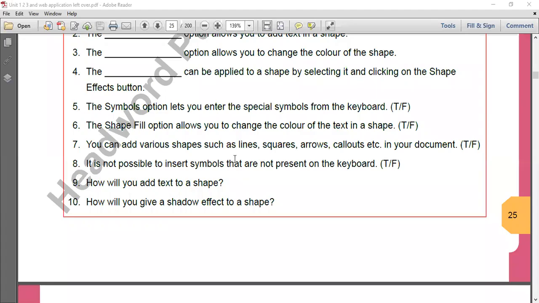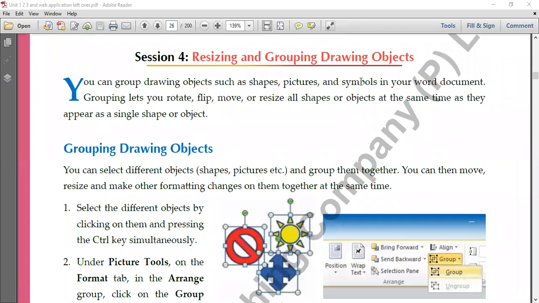Moving to the next topic, resizing and grouping of object. Now grouping, resizing अभी हमने देखा, ठीक है? Corner handles हैं, you can just drag the handles to increase and decrease the size. That is easy, but the important thing is grouping of object. Grouping of objects बहुत important है, because every time you'll find one question related to grouping, right? Grouping ध्यान से समझना, it's very important.